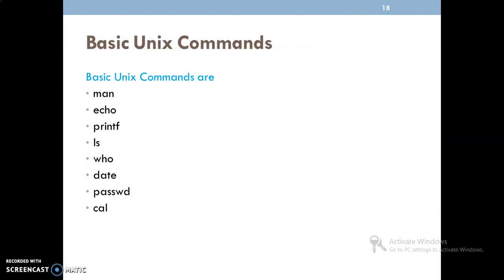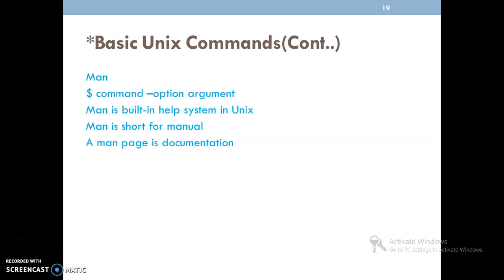is the man command. As the name indicates, it can be used to get a detailed description of another command, nothing but online documentation. Here is the usage of the man command.